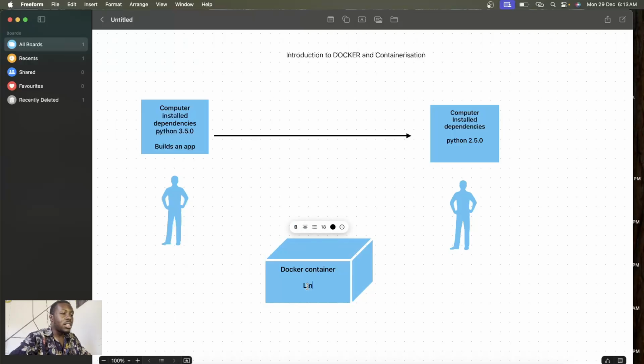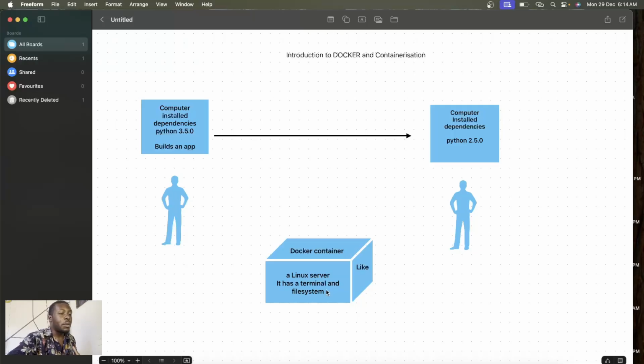It's like a Linux server because it has a terminal and it has a file system like we saw in traditional servers when you're trying to learn Linux commands.